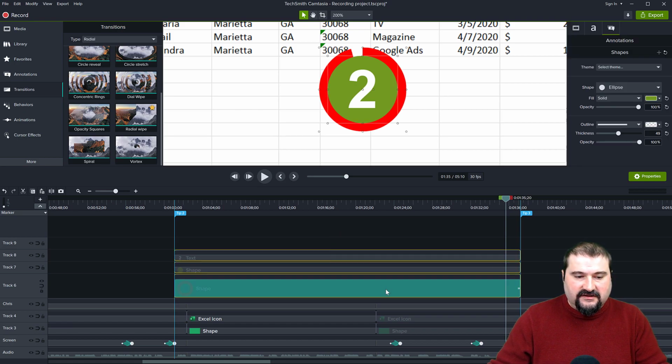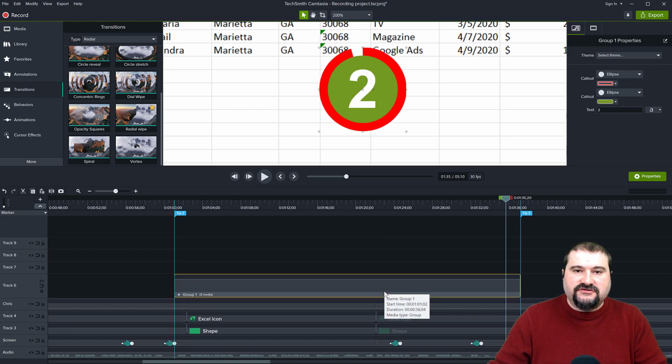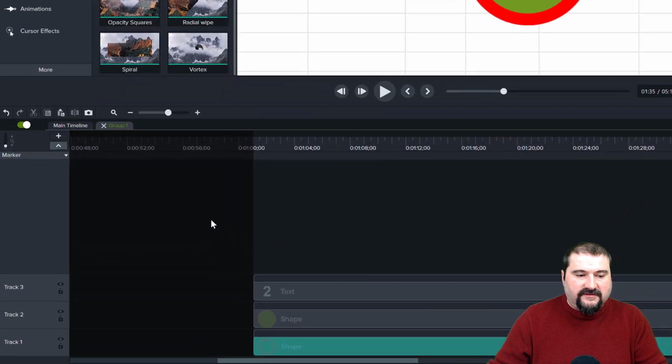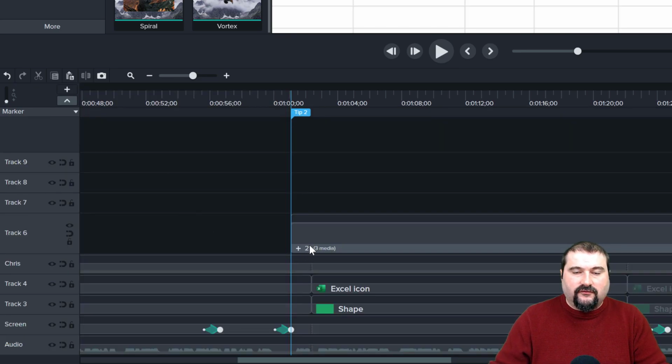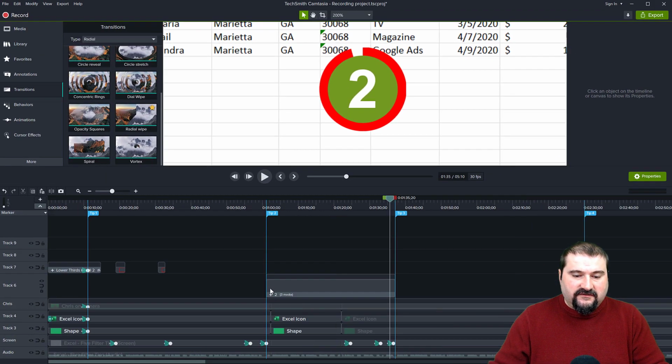We select everything, these three objects, and group them like that. Control G to group. So now I have one group that has group 1. You can double click on it to go inside, and you can double click the header of the group to call it 2. Right? So that's number 2. If we close this, we can see 2 right here. So now I can actually make copies of this. So I'm going to zoom out.